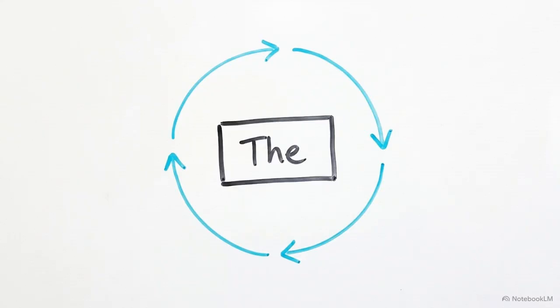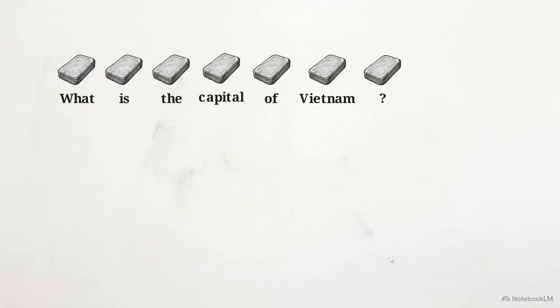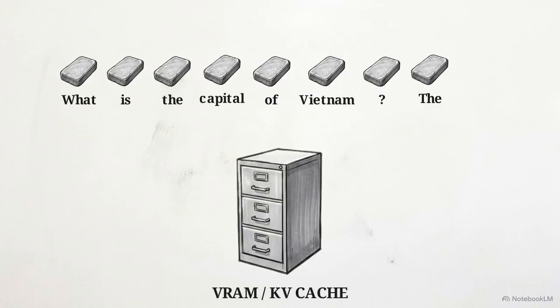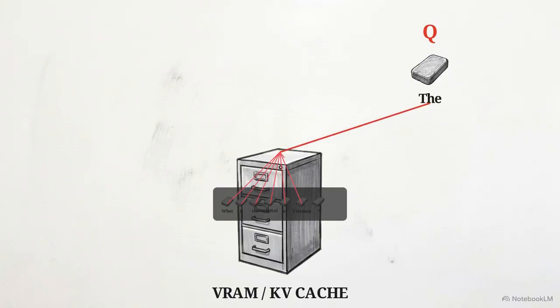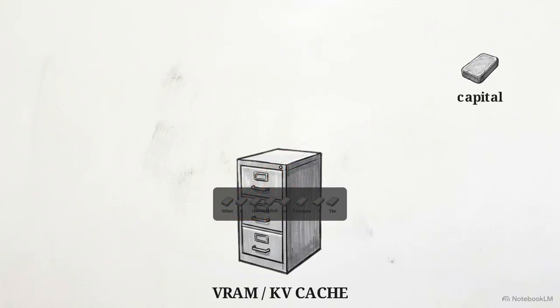Step 5 expands this single prediction into a full response. Predicting the word "the" is just the start of a recursive cycle. This is the autoregressive loop. The new token, "the," is appended to the end of the original question, extending the context window by one position. Adding this token shifts the mathematical state, triggering the pipeline to restart. During this restart, the KV cache allows the system to bypass the original prompt. The model only calculates the query for "the" and compares it to the previous words stored in memory.